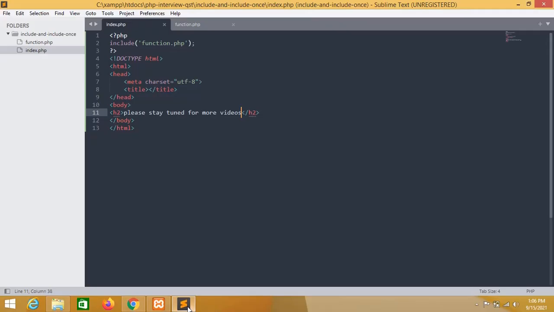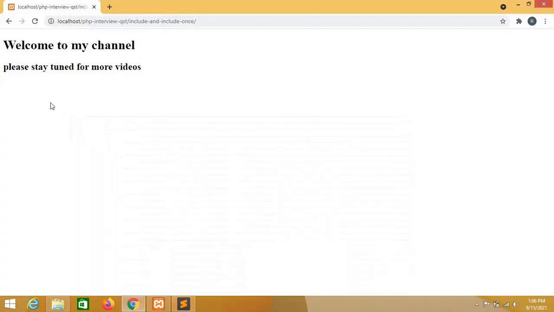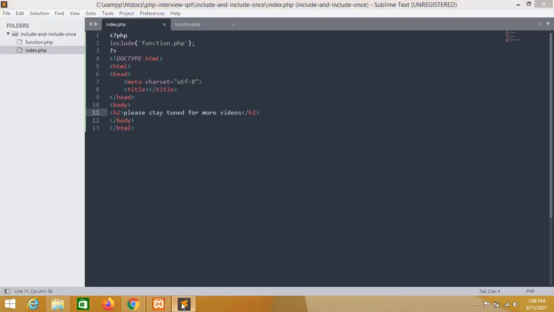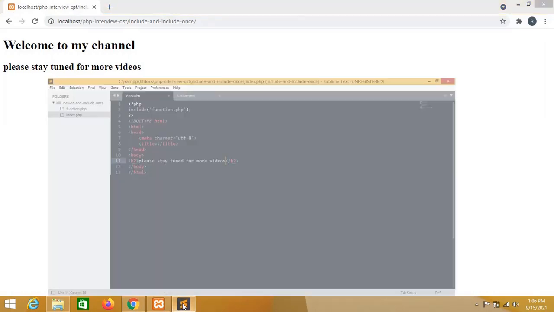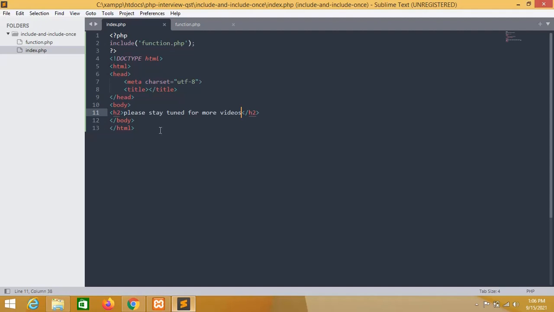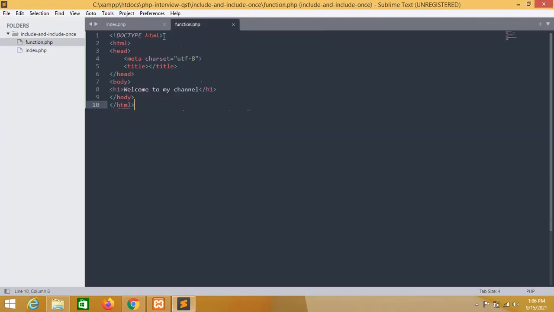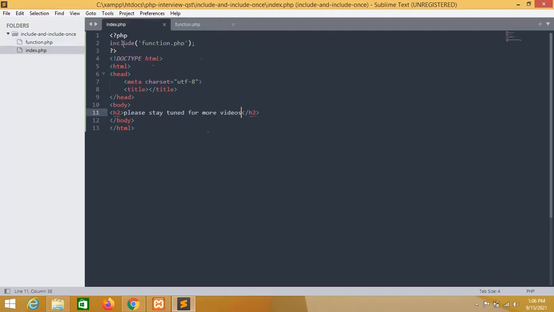See, when I have executed this index.php page, the output printed over here is "welcome to my channel and please stay tuned for more videos." So what happened here? First, this function.php page has executed and the output of this page is printed in the first line, and after that this HTML code has executed.